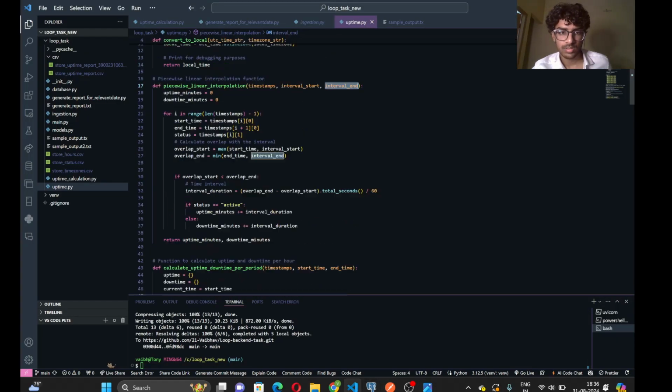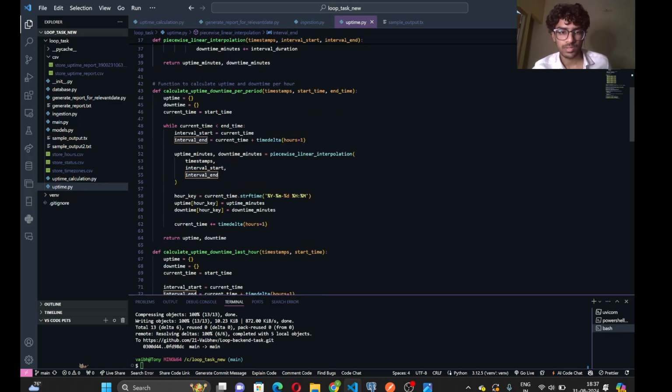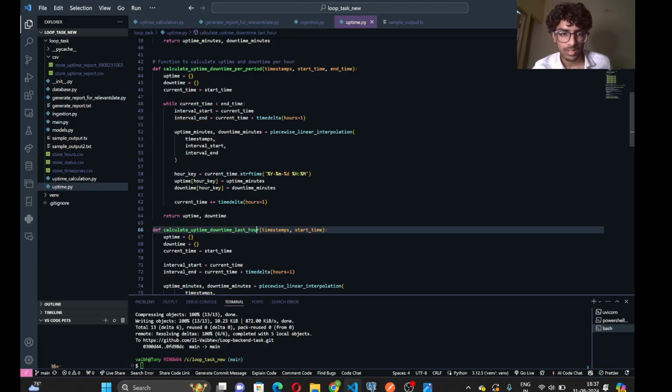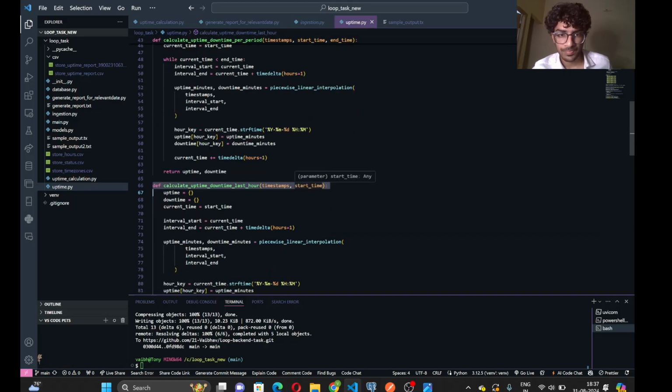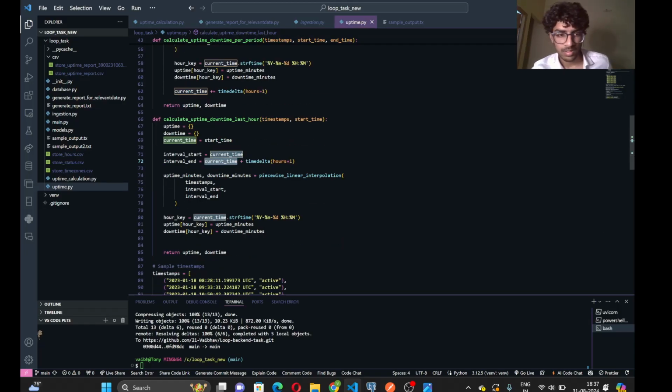What I've done is the implementation of the same in code, and for the last hour I've just passed the start time, and then the end time is nothing but 1 hour after the start time. After that,